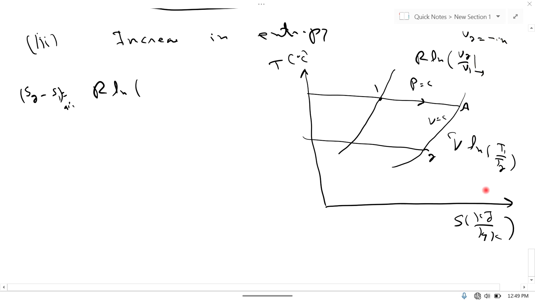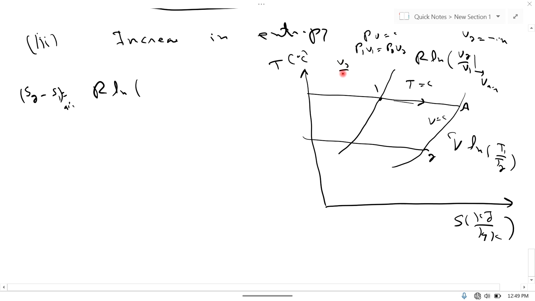And V1 is basically volume of air. And V2 by V1 is not given to us. So this process is isothermal. PV is equal to C, constant temperature process. This is not a constant pressure process, but this is a constant temperature process. So for a constant temperature process, PV is equal to C, or P1 V1 is equal to P2 V2, or